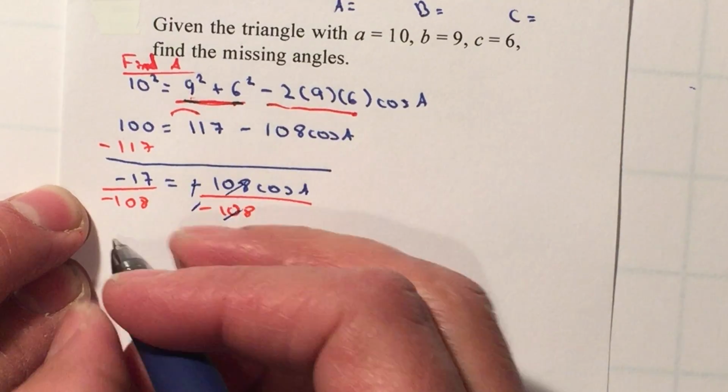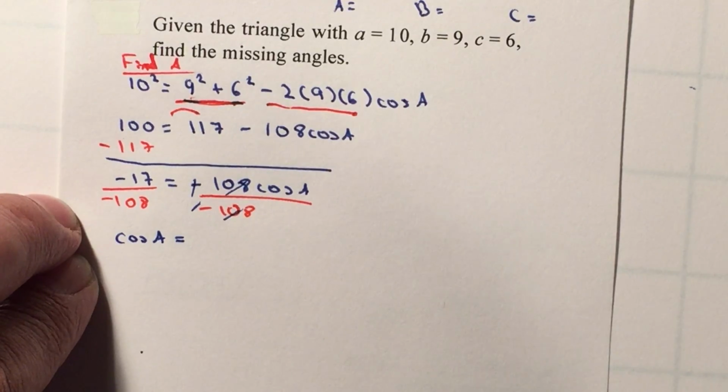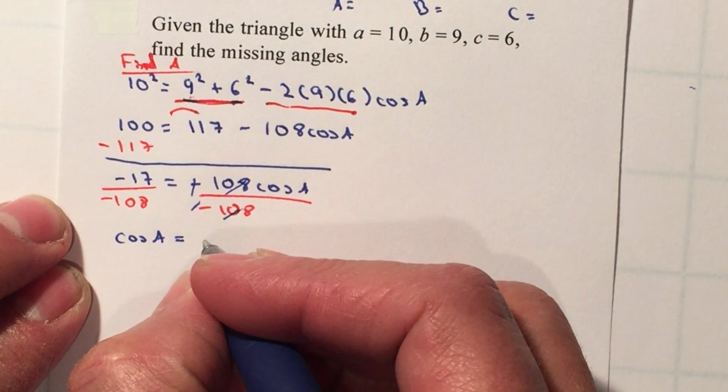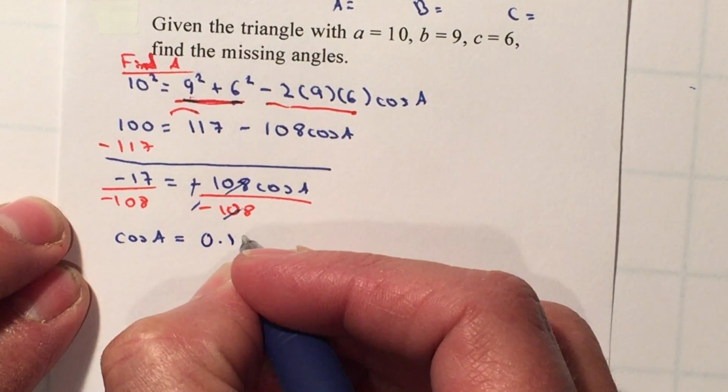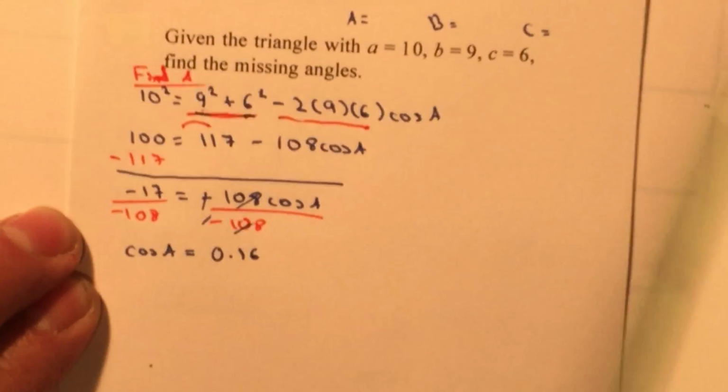This cancels. So therefore the cosine of A is equal to, if I divide this, gives me 0.16. And I'm going to leave it on the calculator,